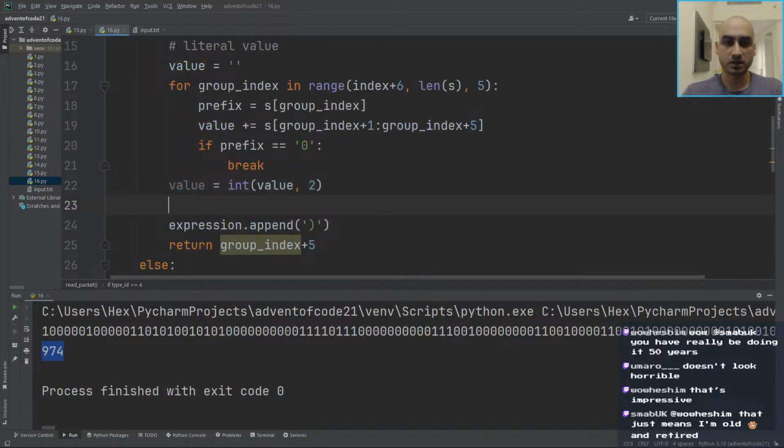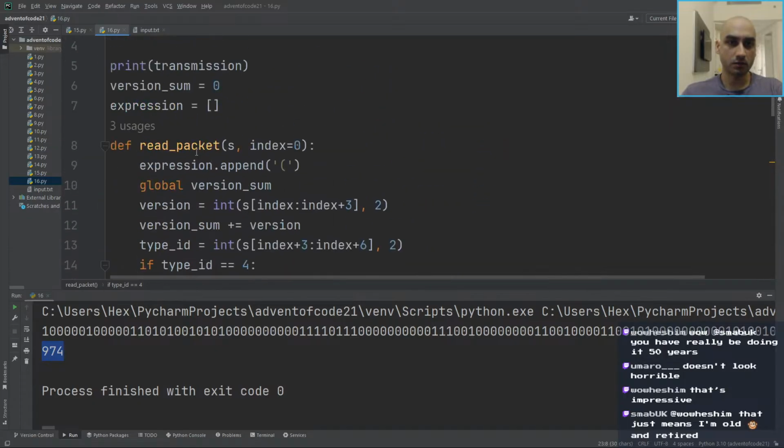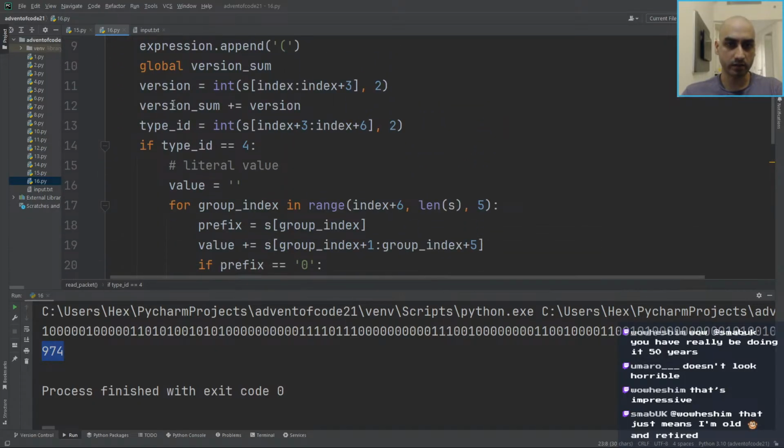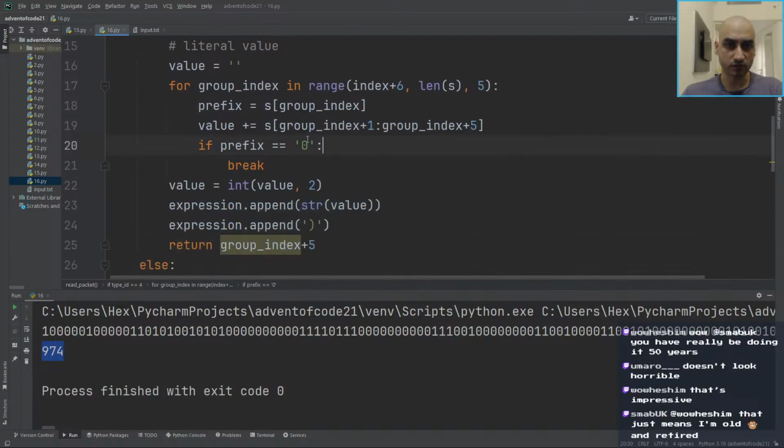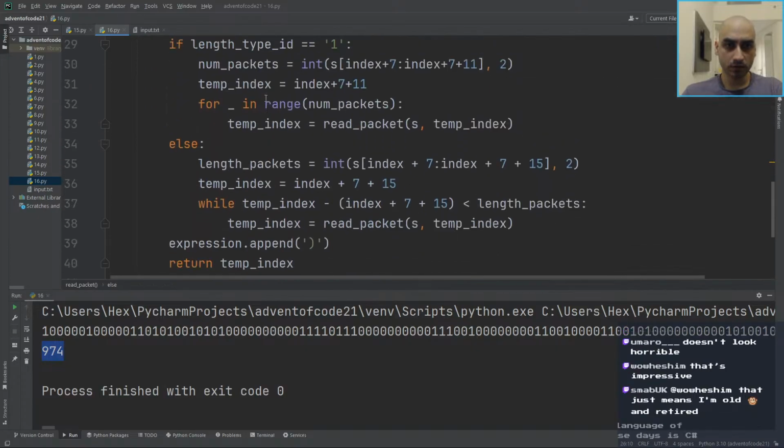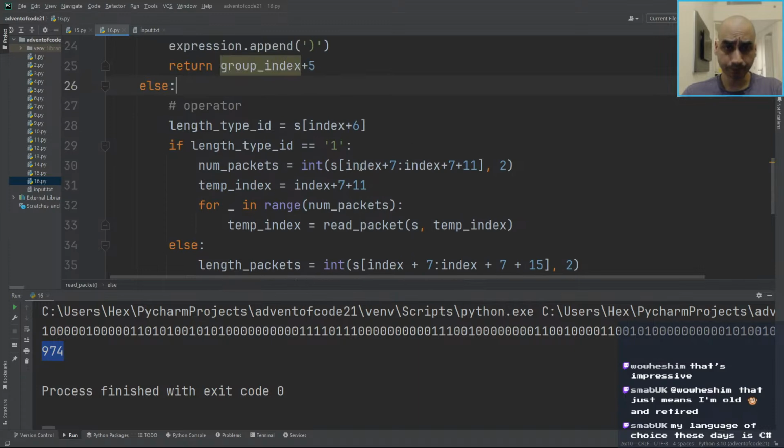I mean, here we just pop the value in there. That's all we do, right? So it should work like the way we're doing it left to right. And then when it comes to operators,